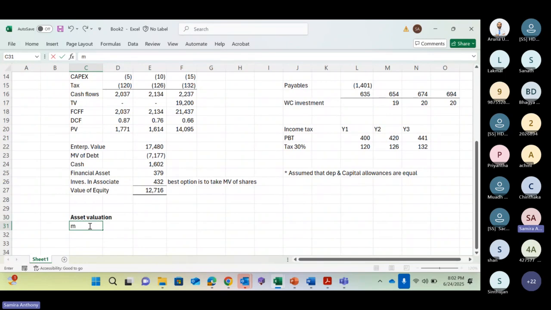Let's write down: more suitable for a valuation of mostly asset intensive businesses, right? Like real estate companies. When you have more real estate assets in your balance sheet, you are earning rental, better sell off the company based on the asset market value, not based on the present value of rental income. More suitable for a valuation of mostly asset intensive businesses.